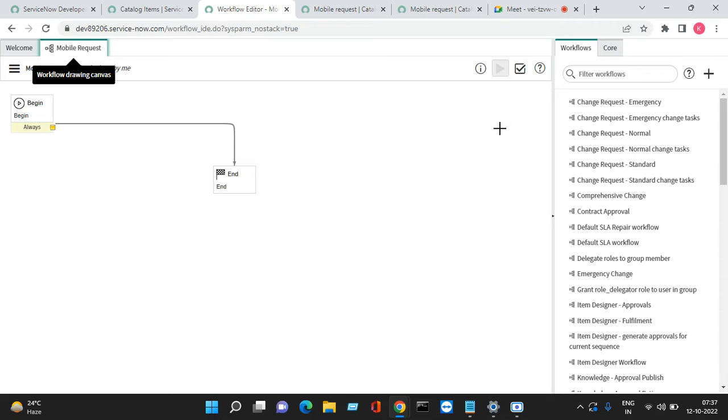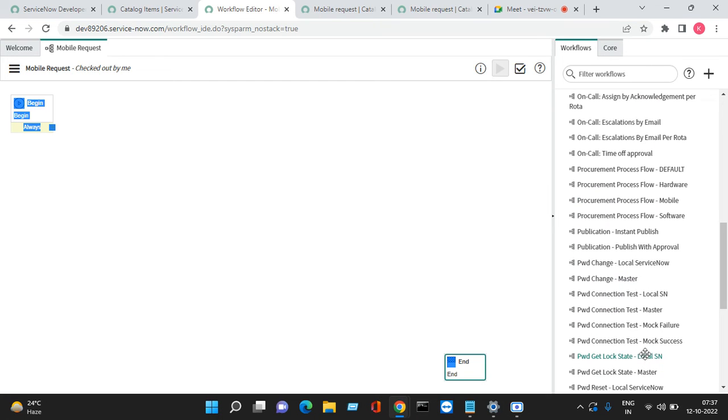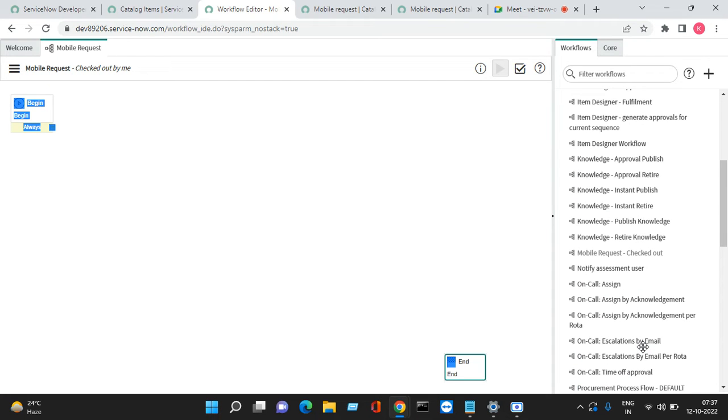For this workflow, we need to add multiple things. Right now, I'm just removing this tag. So this is the begin and end. Forget about end right now. Now these are all existing workflows, which means we have already configured these, but now we need to configure and add